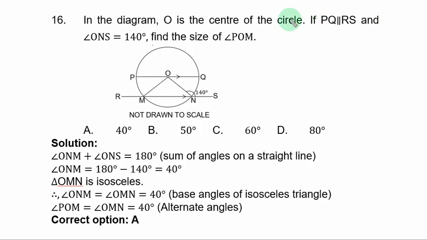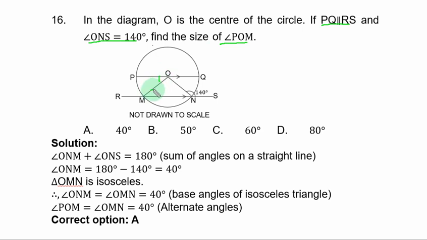Question 16. In the diagram, O is the center of the circle. If PQ is parallel to ROS and angle ONS is equal to 140 degrees, find the size of angle POM. That is this angle. From the given information, angle POM